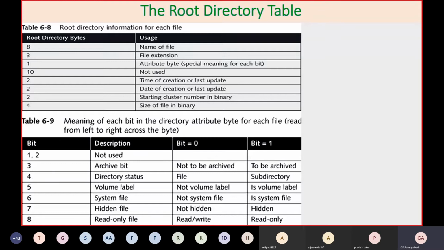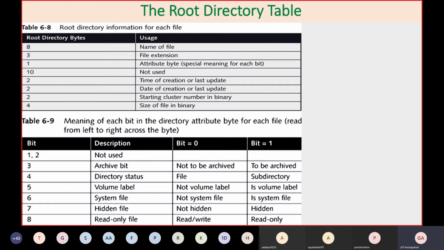Suppose I create one file in FAT32, then for one file 32 bytes of information is given in the earlier operating systems. What those 32 bytes are: here this is 8. If you recall C programming, at that time you were forced to use a file name of only 8 bytes. You can use an extension of up to 3 only, because that was the restriction on the DOS based system. So this is 8 bytes, 3 bytes, and one attribute byte for that particular file type.